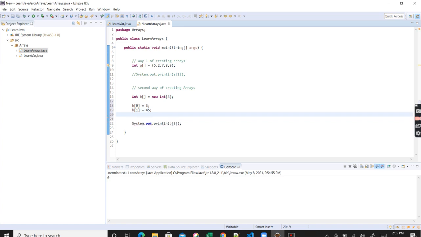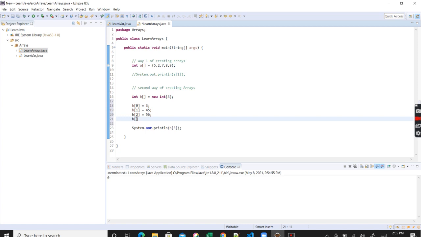I can give 45, not only single digit values. b2 is 56, and b3 is equal to 90.